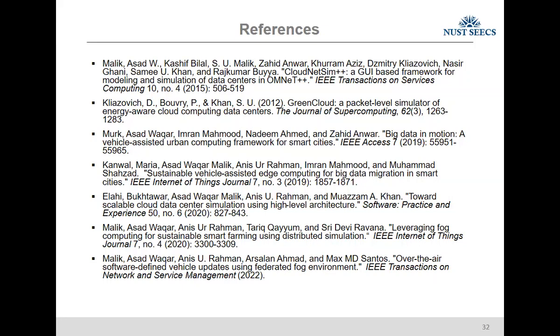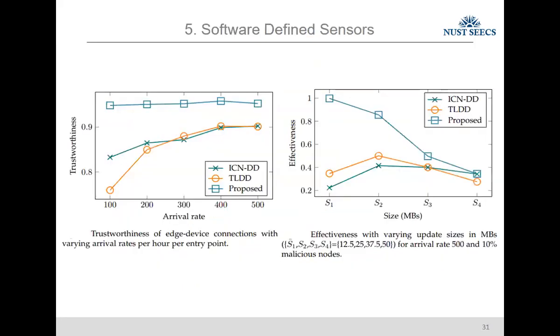In the last slide, we talked about the arrival rate. What do you mean by this? So we run the simulation with varying arrival rates. An arrival rate of 100 means 100 vehicles enter our simulation per second. 200 means we are increasing the size, and we look into the statistics of how we are doing, because there could be an urban area or a rural area, so this gives you the perspective of both sides.